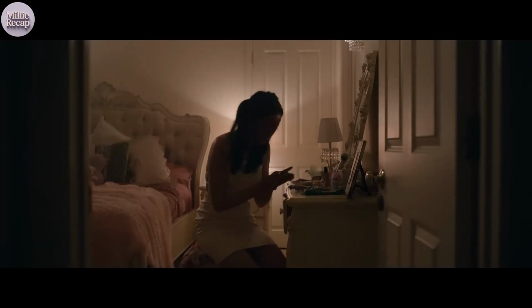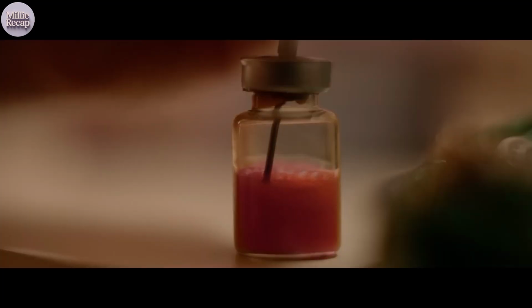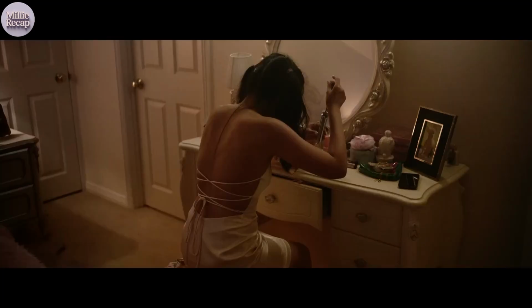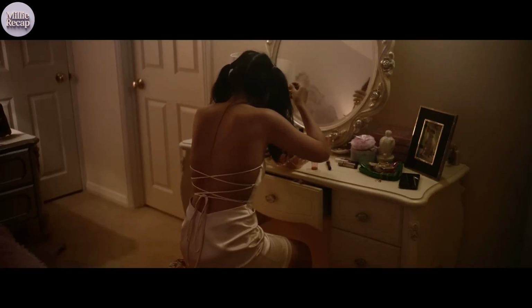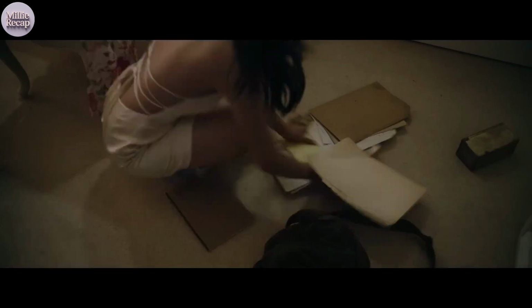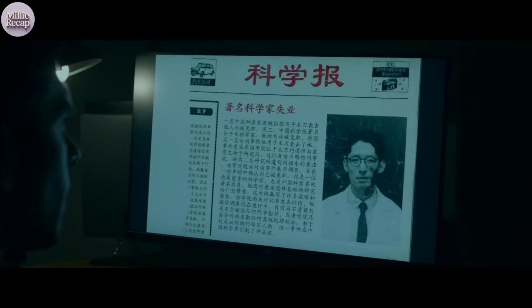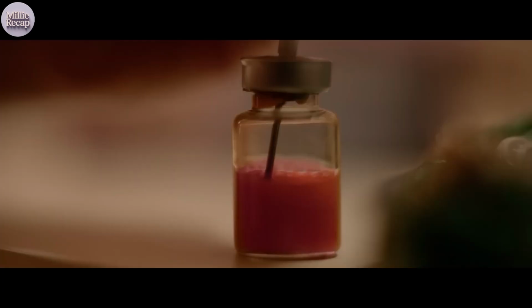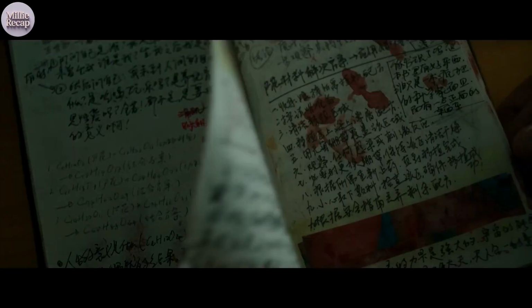Upon returning home, Wei uses the remaining substance to stick Angela's face back onto her own. She then realizes that the liquid is running low and desperately searches for her father's notebook to recreate the formula. She can't find it anywhere and eventually concludes that Paul must have taken it. Wei calls the professor multiple times, but he doesn't answer. This makes her realize he intends to use her dad's formula and then take full credit for the invention.